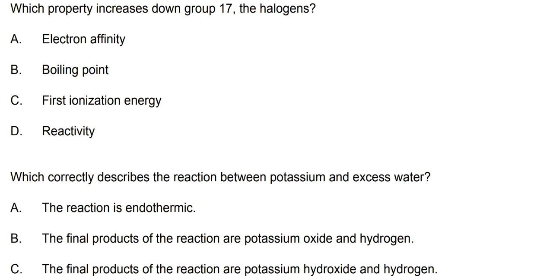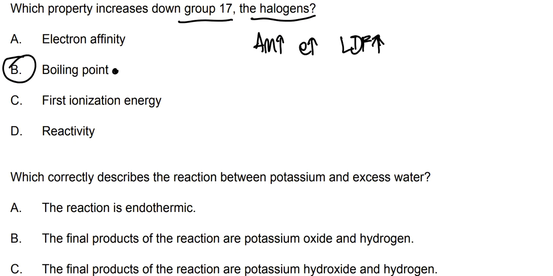Which property increases down group 17? The halogens. When we go down group 17, what happens? The atomic mass increases, so the number of electrons increases, and with the number of electrons, we have stronger London dispersion forces. So stronger London dispersion forces would mean stronger intermolecular forces, and these need to be overcome when boiled. So for the boiling point, there will be more energy required for boiling to occur, and so there'll be a higher boiling point